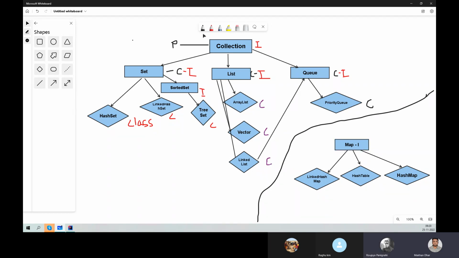It's interface. स्क्रीनशॉट भेज दो ना Sorry. मैप का स्क्रीनशॉट Okay. वेट है